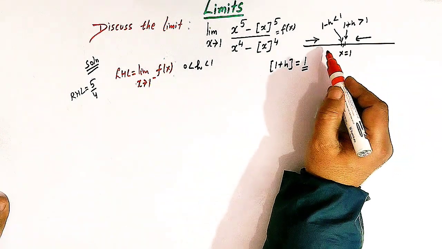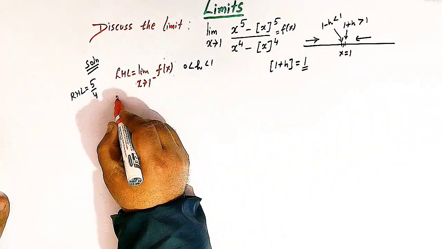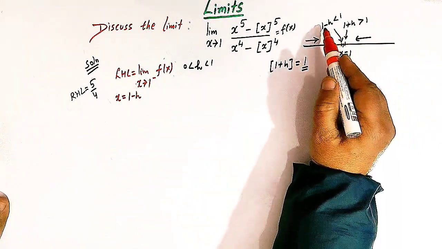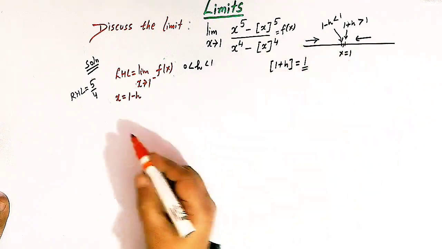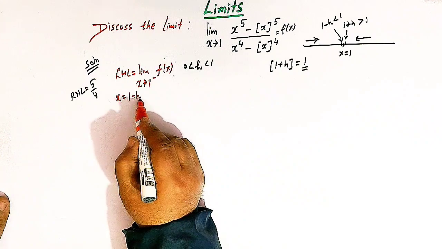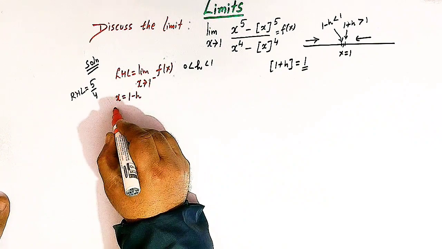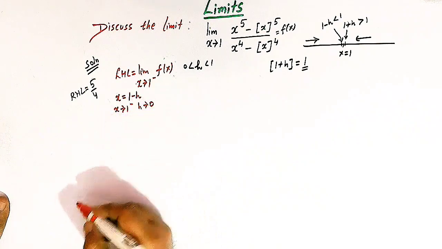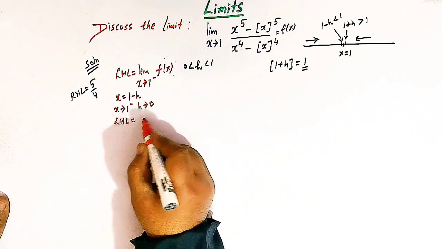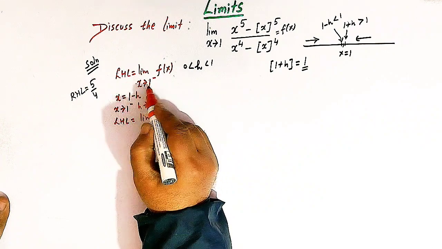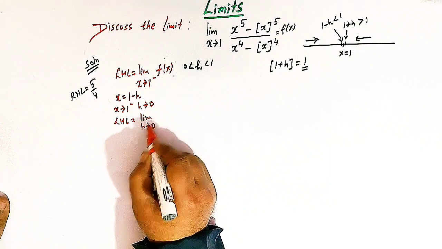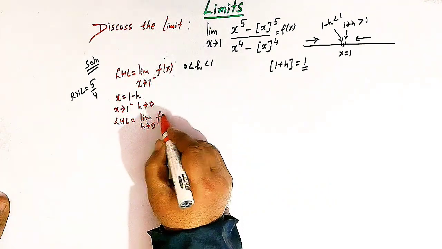So when we calculate the left hand limit, we take x equal to 1 minus h, as we have already explained here. So we have x equal to 1 minus h, right? So when x tends to 1, then h tends to 0. So now the left hand limit is limit x tends to 1 minus, which may be replaced by h tends to 0, and here we have f of